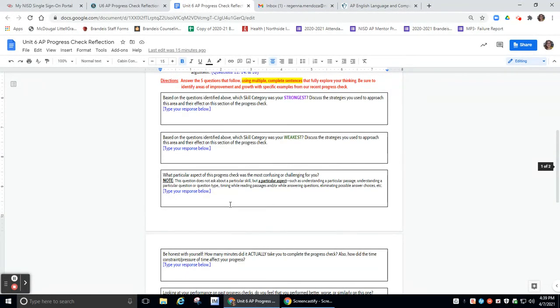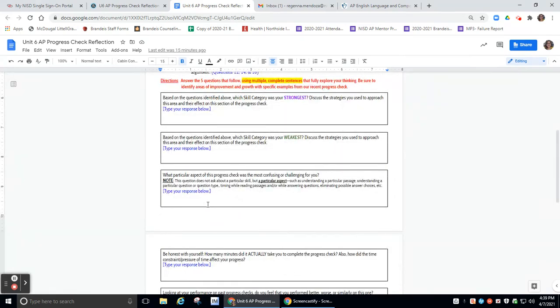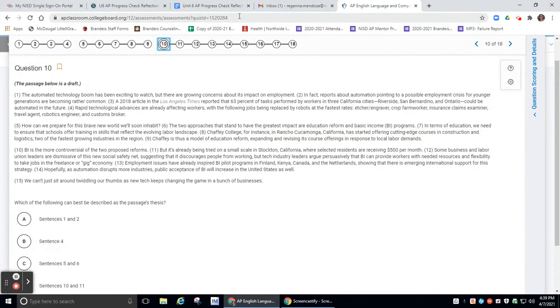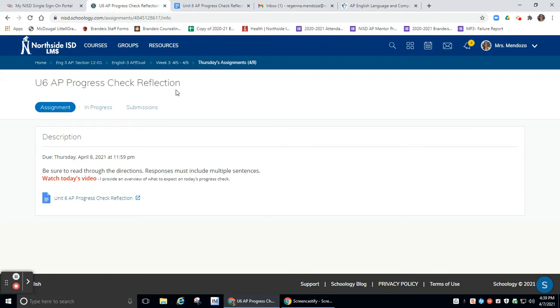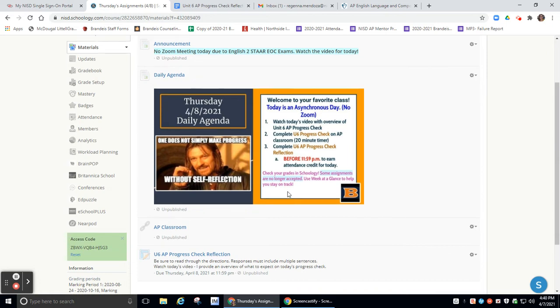I am reading through them. Some of you, I'm giving you some solutions as well. So please make sure you're not rushing through these reflections for the sake of getting them done. These are the most important parts of this entire progress check that's online. All right, your scores will be immediate. You'll be able to see them as soon as you take it. You also have a 20-minute time limit. Please try not to take too much more than the 20 minutes. And obviously make sure you do a once over before you submit.